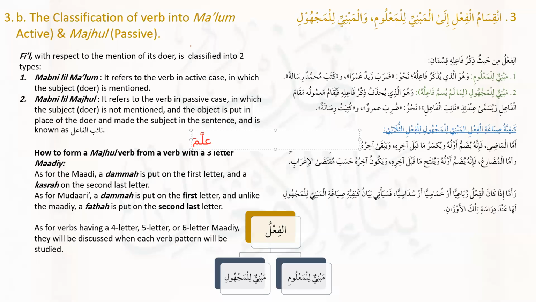Or you have, for example, sharaka. Now, what are the root letters of sharaka? Who can tell me the three root letters of sharaka? Sharaka means to participate in something or to participate with someone in doing something. Shin, Ra, Kaf. So, alhamdulillah, Akhuna Afaq was right away instantly able to identify the additional letter in sharaka.